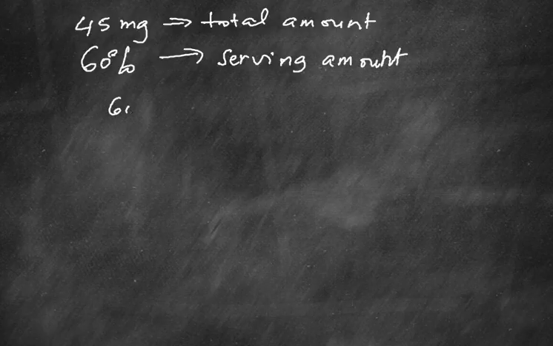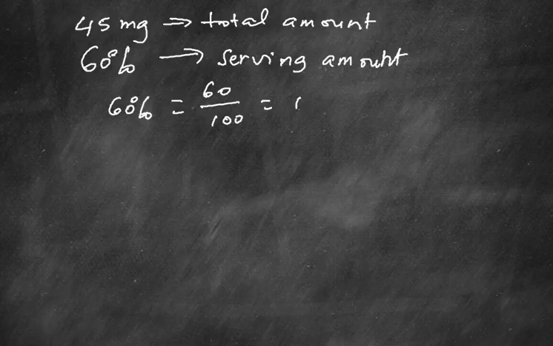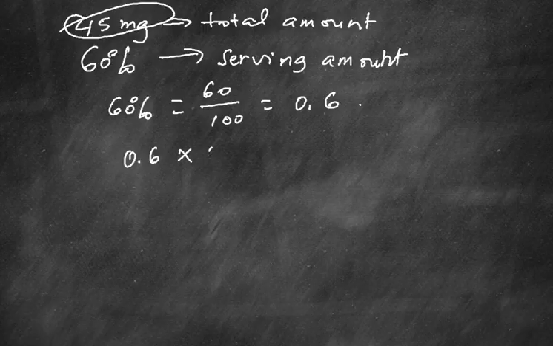And 60% is equal to 60 over 100, which is simply 0.6. Now we just do 0.6 times our 45 milligrams